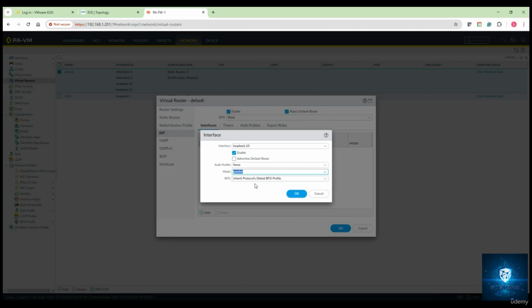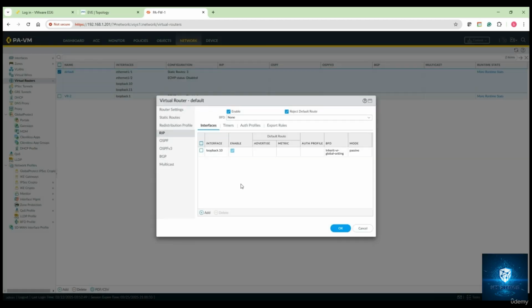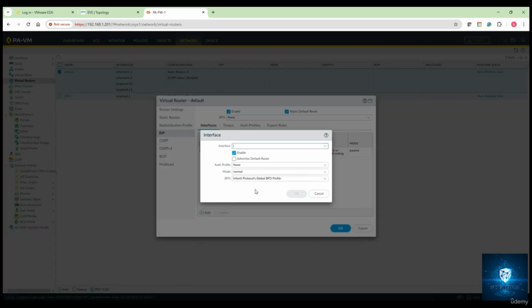So I can make it passive, because through a loopback interface I don't have any physical device connected, so it's a logical interface, and I can make it a passive interface. So it will not send any updates, which is not required. And if you want, you can configure BFD on that port as well. Yep, let's leave it like that and click on loopback 10, enable with RIP. Likewise, loopback 11, enable, make it passive,